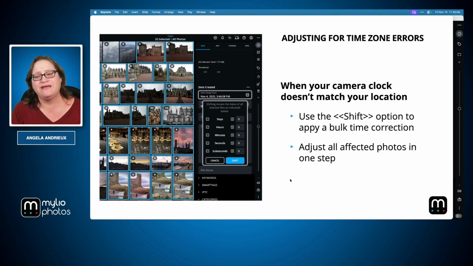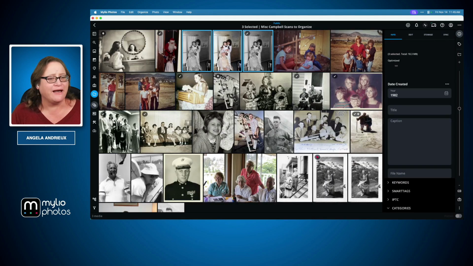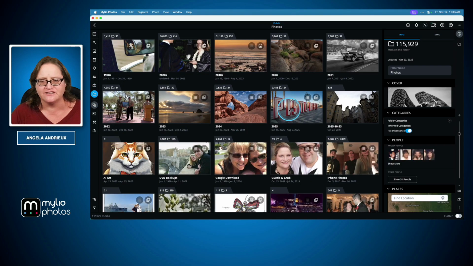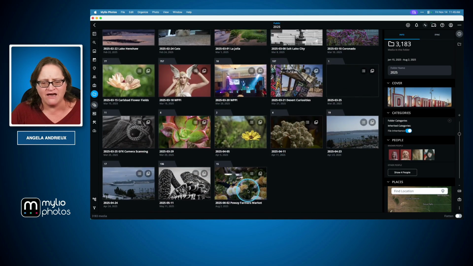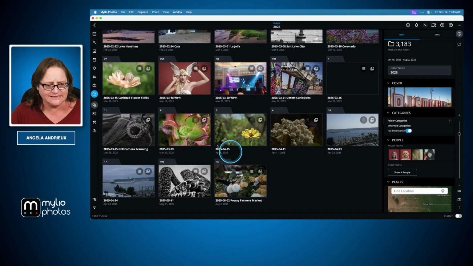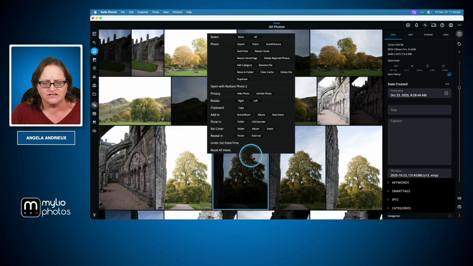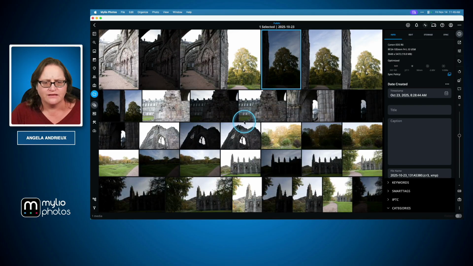So let me show you how to do that really quick, and it's easy to take everything from an entire trip and fix it. So I'm going to jump back over here to Mylio, and I'm going to go into my folders view and into photos, my main organization here, into 2025. And I have one of my folders here. Why is it not showing? Let me go ahead and go back. And we'll go to all photos view. I'm going to just right click on this and say show in folder. There we go. And now I have this folder showing this is everything from the first day of my trip